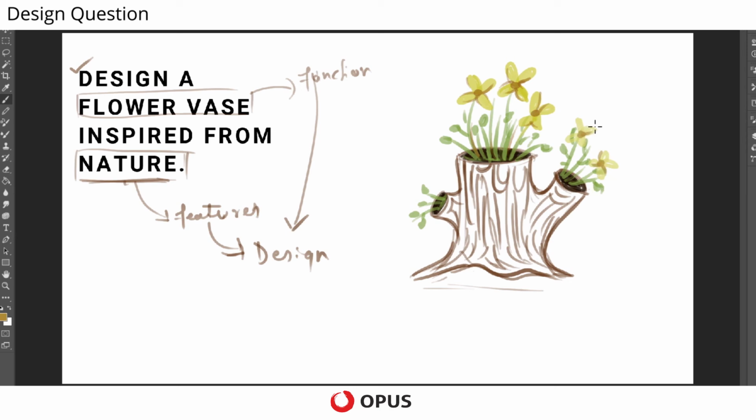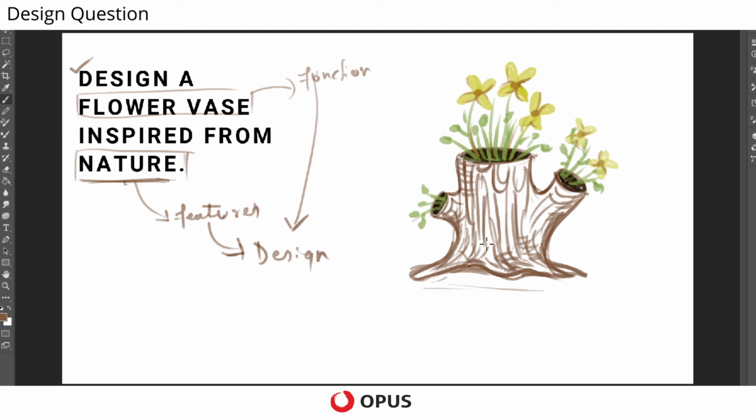Now you see that we got a trunk-shaped flower vase which can be used for keeping flowers at home or in office spaces. It will give a fresh look and a different feel from a regular flower vase, and it looks quite unique and interesting.